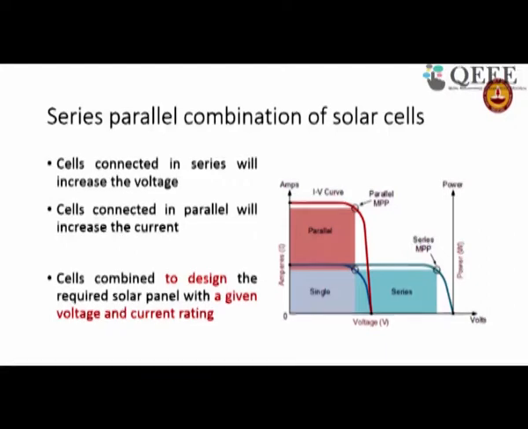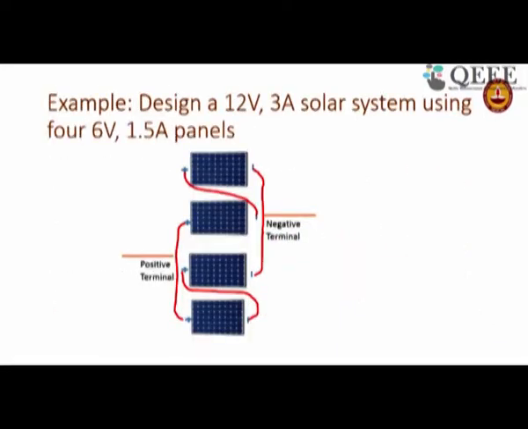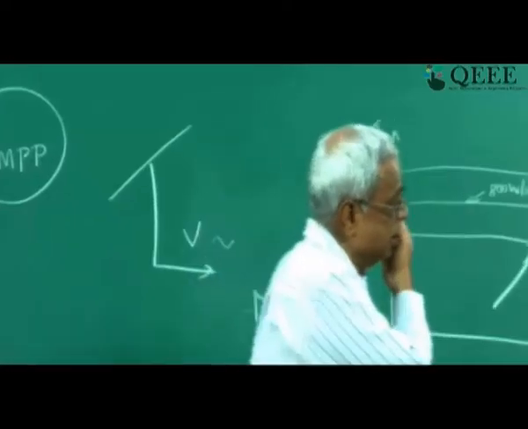Now, you need to figure that out. You can't just say 12 volt, because depending on what has been designed, you need the operating voltage, that is what is going to be connected to your line. You need to find out the operating voltage. So, this is what the example is, that you can connect them here, you can